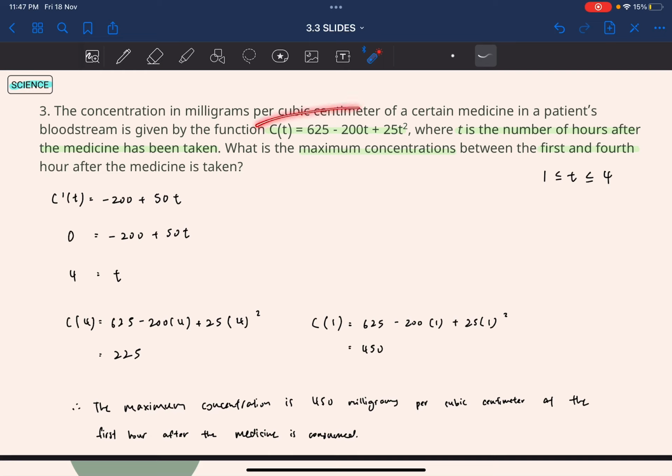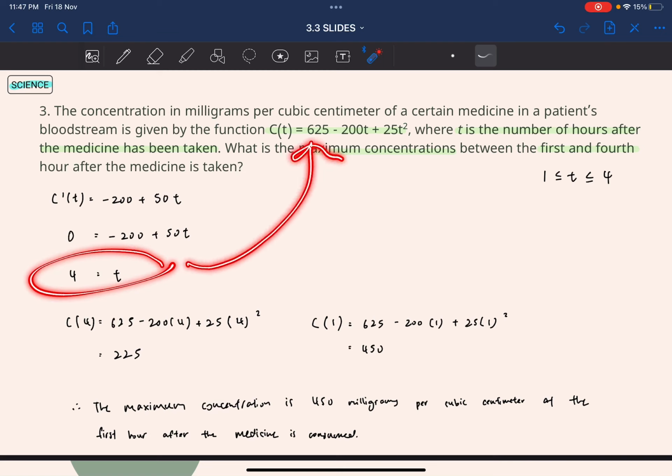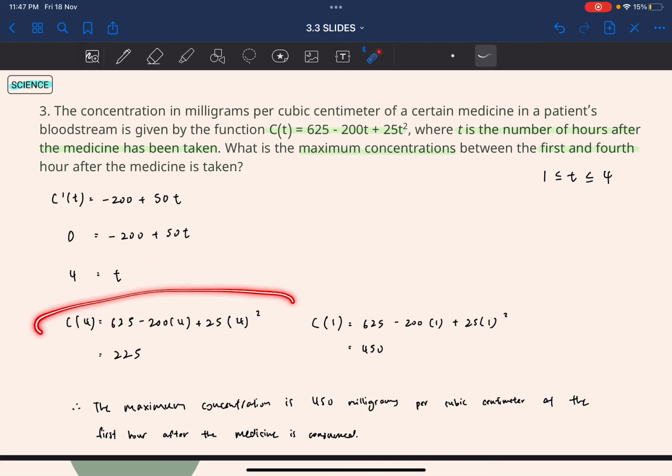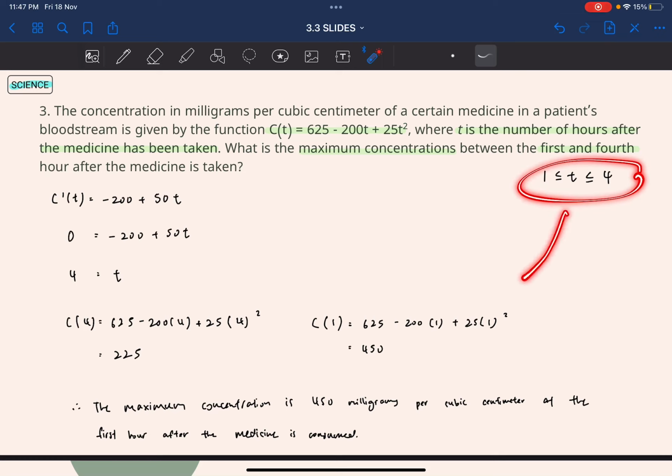So you find your main function and you find the derivative of it. So I've done it here for you. You get negative 200 plus 50t. You set your derivative to equal 0 so that you can find your critical number. And your critical number here is going to be t equals 4. You plug your critical number back into your original function, which I've done here for you, and then you will get 225. But you also have to remember, you have to plug in your endpoints given by the